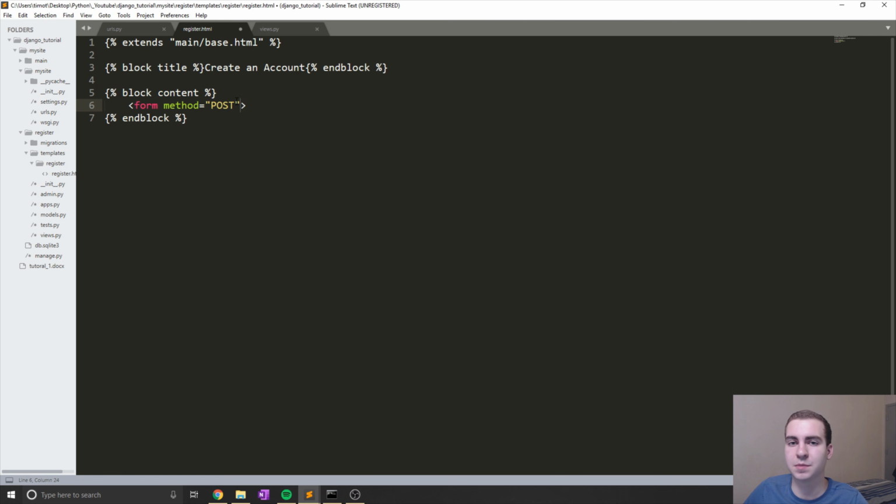Obviously it's going to have to be a post method because we need to make sure that information is secure when we're sending it to the back end. So form method equals post. I'm going to say class is equal to form-group. And then we'll end that form tag. And in here, we will simply do